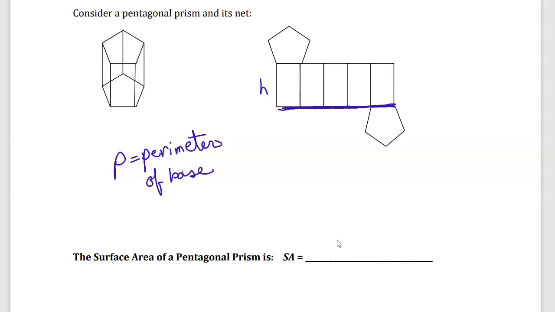And then we have our height. So we have H here. So we have perimeter times the height. And then we have 2 bases, area of the bases. And that area of the base depends on what we've studied in the past as far as